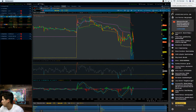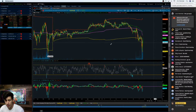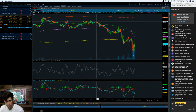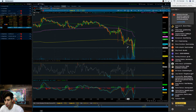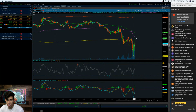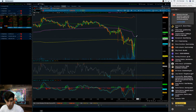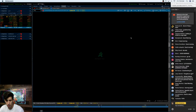As of right now, we've got the overall market looking pretty good. It has been getting rejected since it broke below, right? It tested the middle VWAP, pushed up, hit the same resistance level, broke below the middle VWAP, and now it's been getting rejected off of the SMA line and the middle VWAP. So something to take into consideration as we approach this middle VWAP and SMA line, the previous resistance range. As it reaches overbought levels, we'll see if we begin to pull on back, but let's see how it's looking